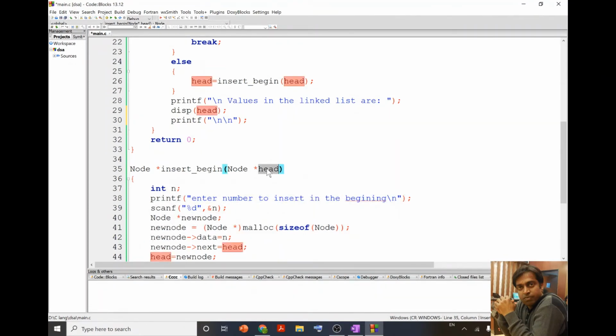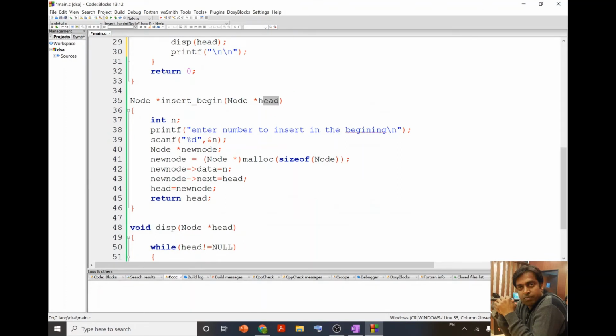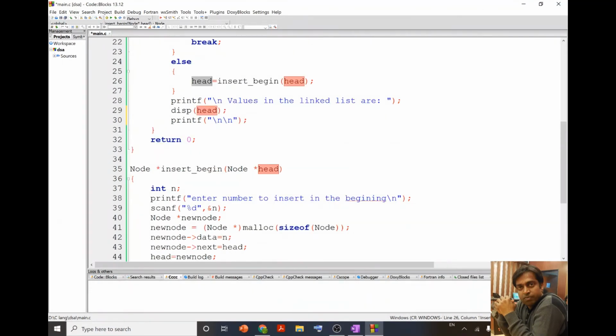So this head and that head are different because they are local variables. When this function returns the value of head, it will be assigned to the head of the int main function.